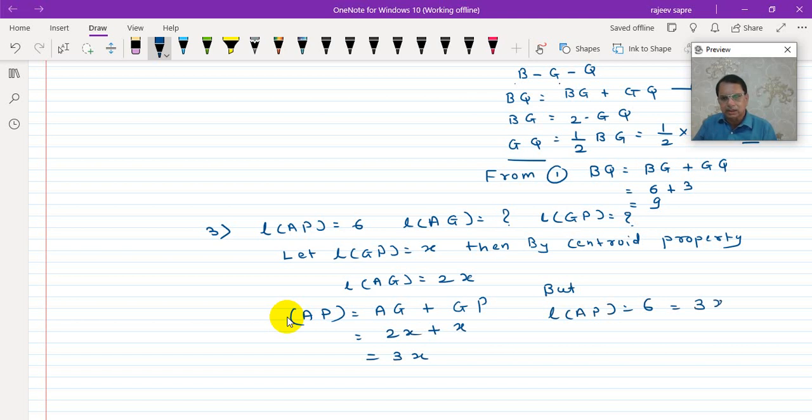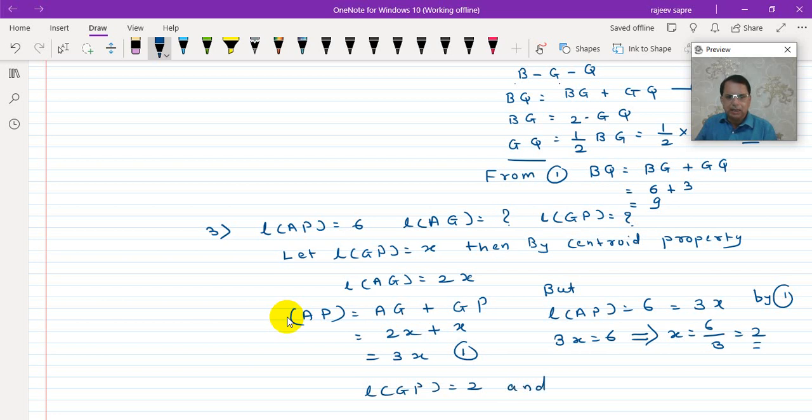आहे म्हणून, याला आपण 1 म्हणूया. सो बाय 1 इथे मला लिहू शकतो. मग जर 3x हे जर 6 असेल, 3x इज इक्वल टू 6 इम्प्लाइज x इज इक्वल टू काय 6/3, सो इट इज 2. मग एकदा x मिळालं की आपल्याला सर्वच मिळणार, कारण GP आपण x मानलं आणि AG 2x आहे. मग तुम्हाला GP आणि AG पाहिजे होतं, मग GP म्हणजे x आहे त्यामुळे x ची व्हॅल्यू 2 आहे. सो व्हॉट आय कॅन से, लेंथ ऑफ GP इज इक्वल टू 2 आणि AG जे आहे ना बघा, AG आपण